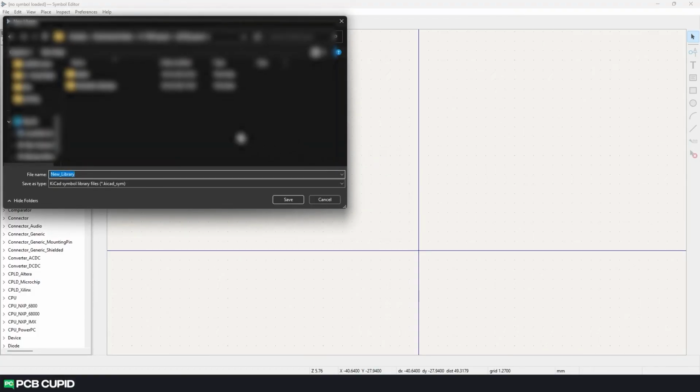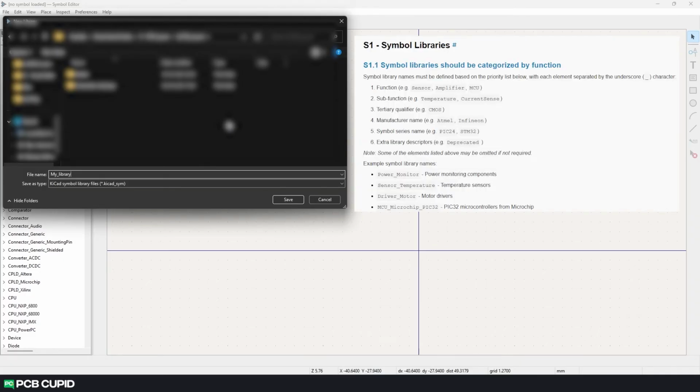Now KiCad will ask the location where you want to save the library. If it's related to the project, I would suggest saving it in the same location as your project file. If not, create a folder in the desired location just for KiCad libraries and store it under it. While naming, just don't name the library My Library or Custom Library. It can get really confusing once we start to make more of these. So try to give some thoughtful names, or the better option would be to follow the library convention provided by